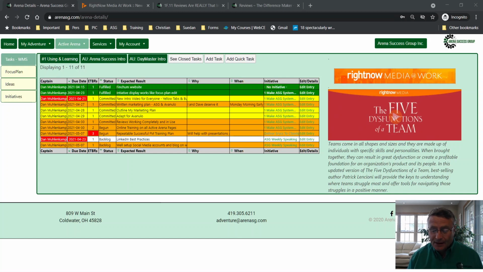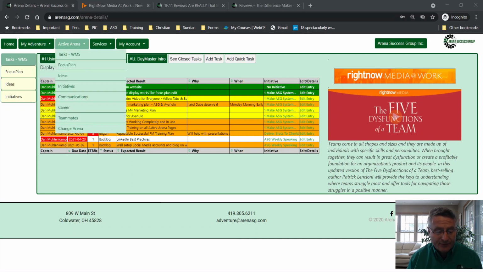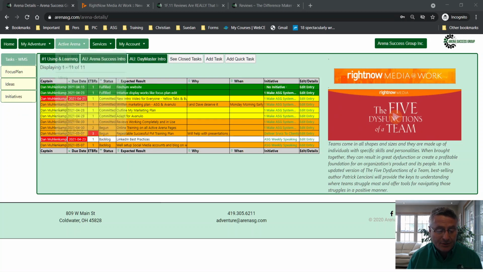First, the tabs across the top of the page that you see my pointer going across now, those are different pages, and this is a menu that drops down, but every one of these brings you to a different page. Using the drop down will bring you directly to the page you want, but you can just click on each of these pages and you will be brought somewhere.